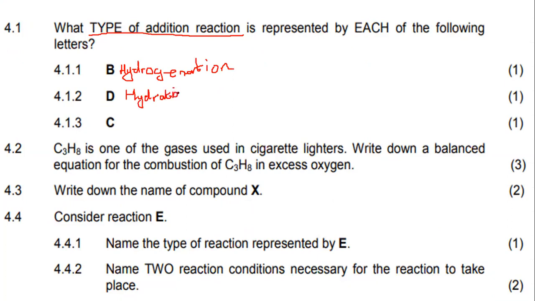And then for C, we noted that it is hydrohalogenation. Right, easy stuff. We just have to spot the answers. And C3H, write down a balanced equation for the combustion of